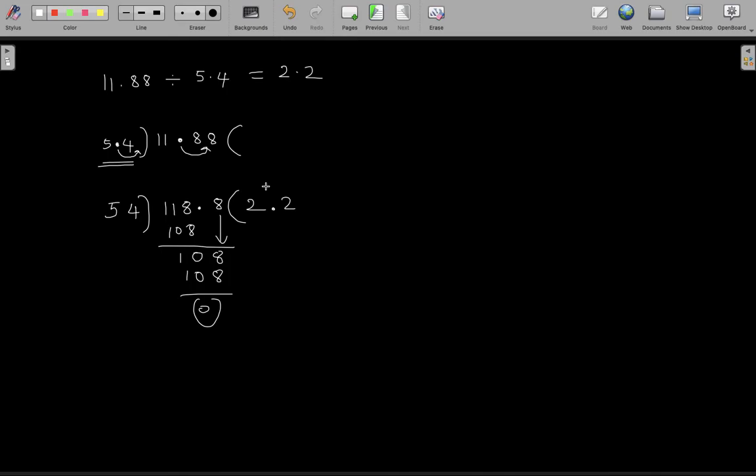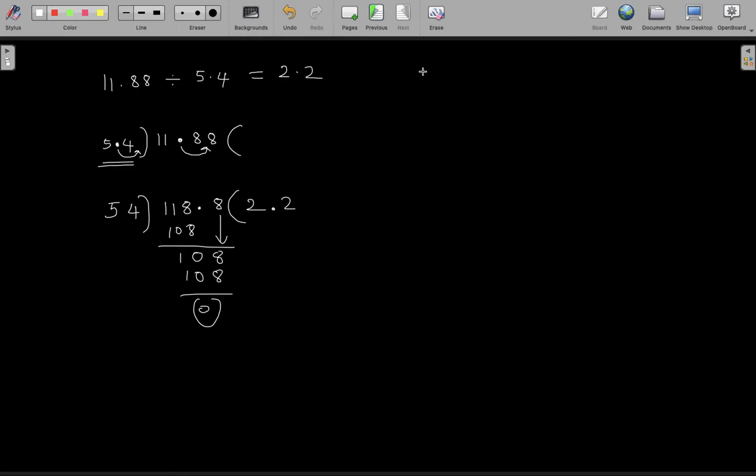You understand? So what I need to do here is to change the decimal number, which is the divisor here, so that it becomes a whole number. This will be possible when I am shifting this decimal point one position towards the right. So I am equivalently shifting the decimal point in the dividend also one position to the right. That will make it easy to divide the decimal number here, right?